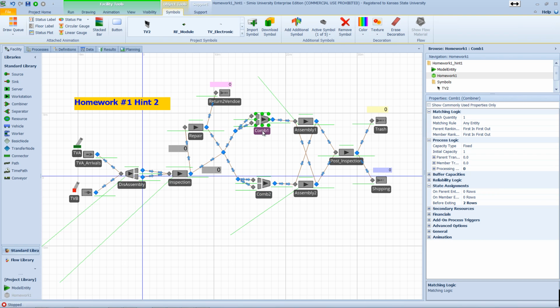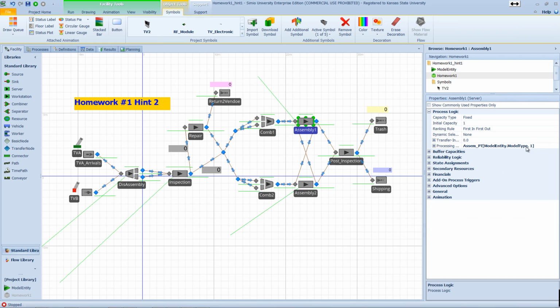Then to summarize this real quick, I set the combiner, just a dummy combiner in terms of logic, to bring the two parts together and then send it to a real assembly station for processing, and therefore the processing times go on this. And I showed you the cross routing between the assembly station and forward to the